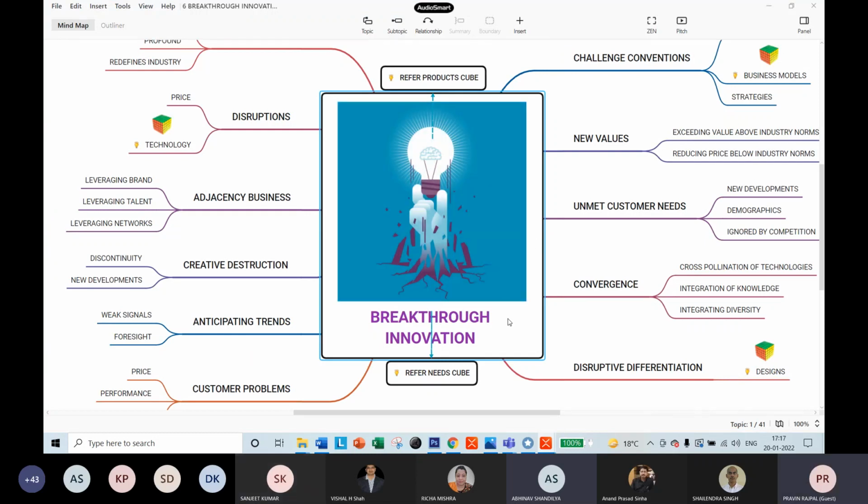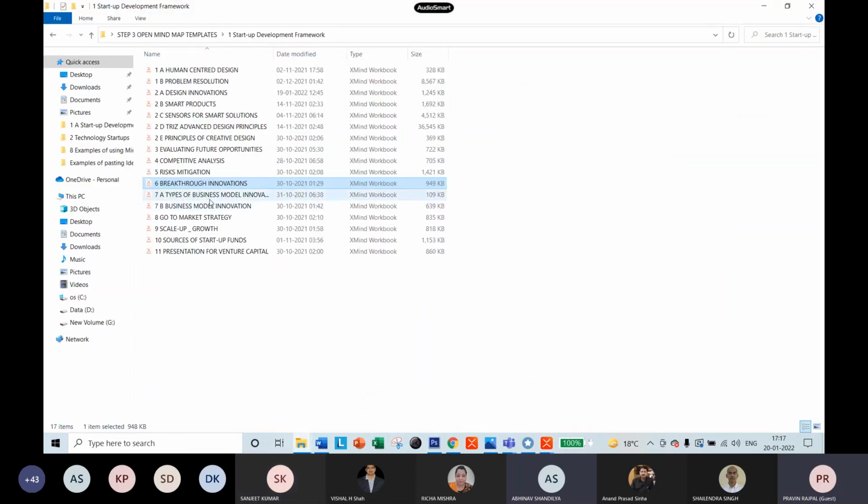So the methods of creating breakthrough innovation, disruptive differentiation, creative distractions, not just typical run-of-the-mill ideas, but discontinuity, the new developments. Right? So how has the world moved on? There is everything possible over here, which is given to you so that your ideas, your businesses, they don't